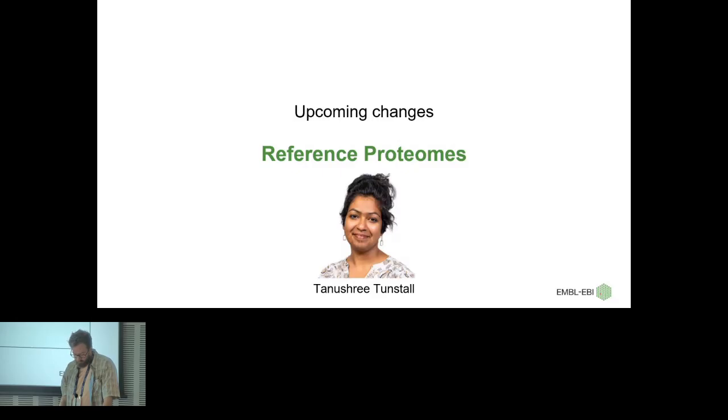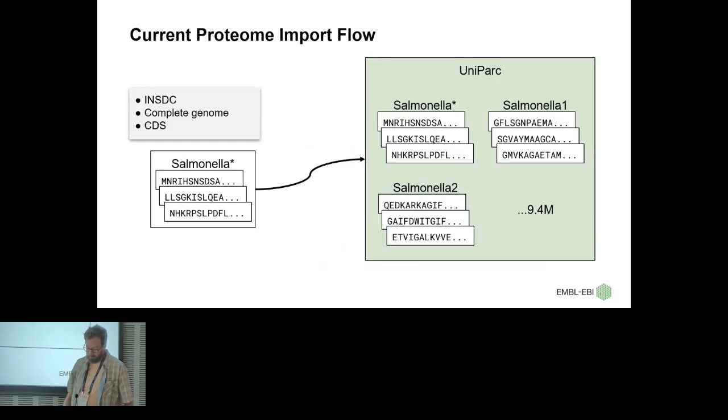First, I'm going to give a quick review of how we import proteomes and proteins into UniProt. It starts from INSDC, the International Nucleotide Sequence Database Collaboration, composed of ENA, DDBJ, and GenBank. We get a complete genome, and then the protein sequences derived from that genome annotation. Then we perform some manual filtering, but the vast majority of, for example, the Salmonella sequences, of which we have a lot in UniProt,